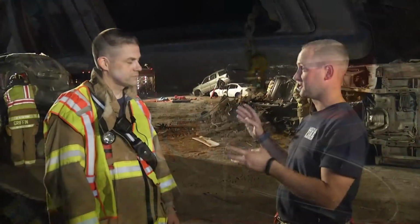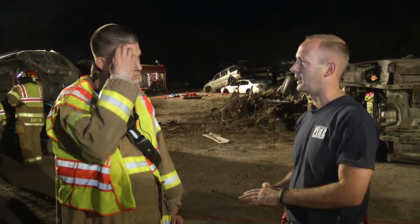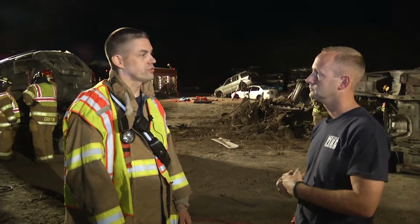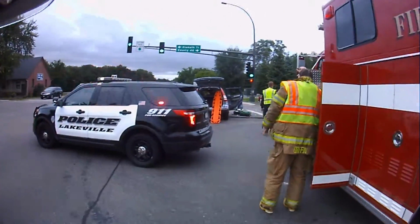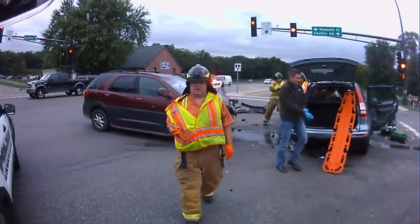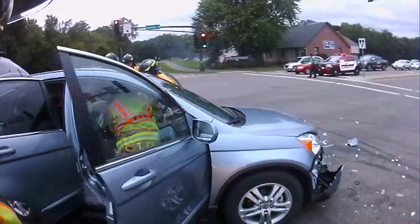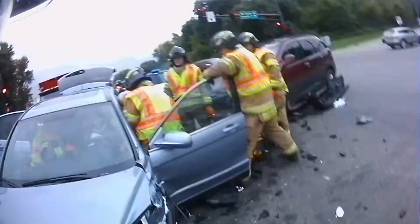All right, Tabor, so you're right that we see different scenarios and we have to get creative, things like that. What other kind of accidents or crashes do we see that are a little more common? I'd say common is probably just a standard sort of two-vehicle accident, possibly a head-on, sort of your traditional fender bender. One car stopped, another car rear ends that car. Most accidents that we respond to are minimal extrication, require some patient care. Frequently we'll do things like fluid cleanup or clean up debris from the vehicles, try to clean the roadway up,